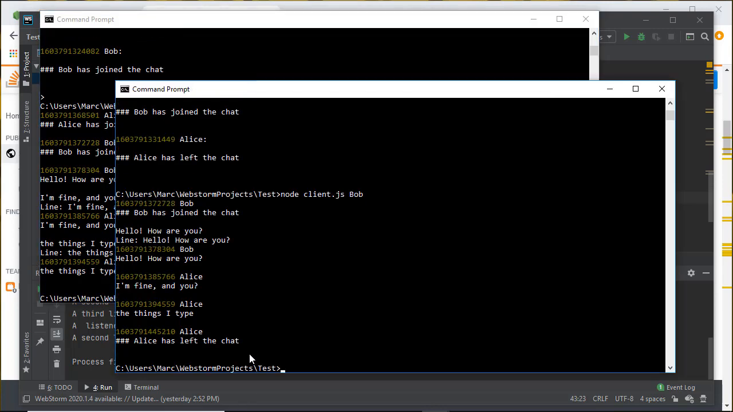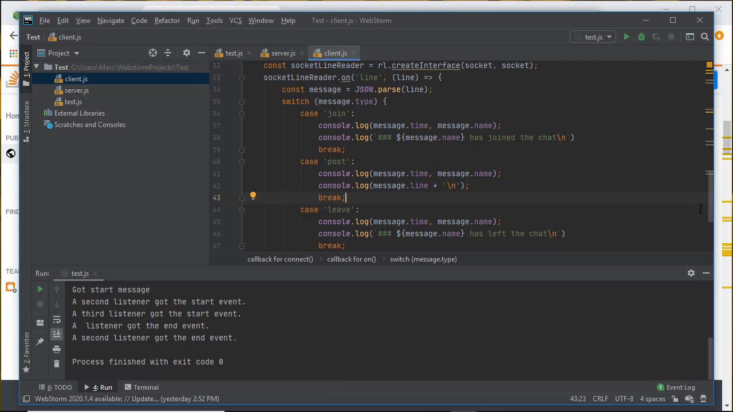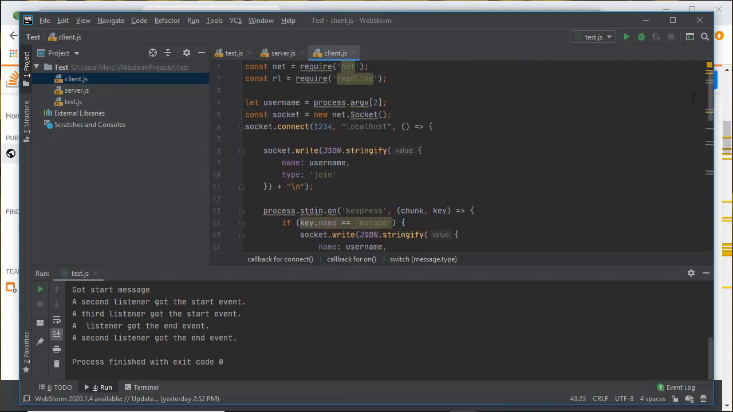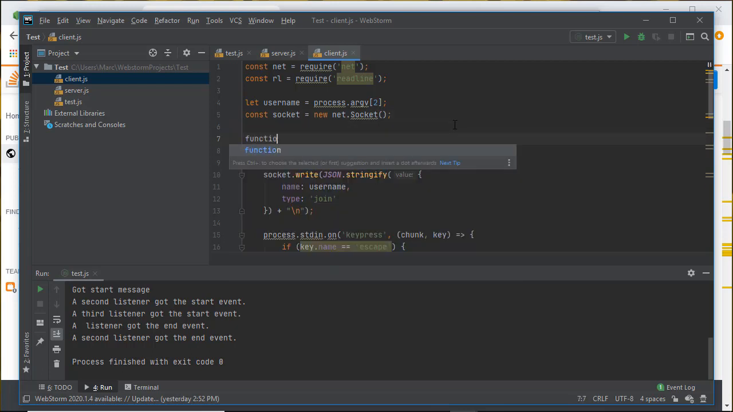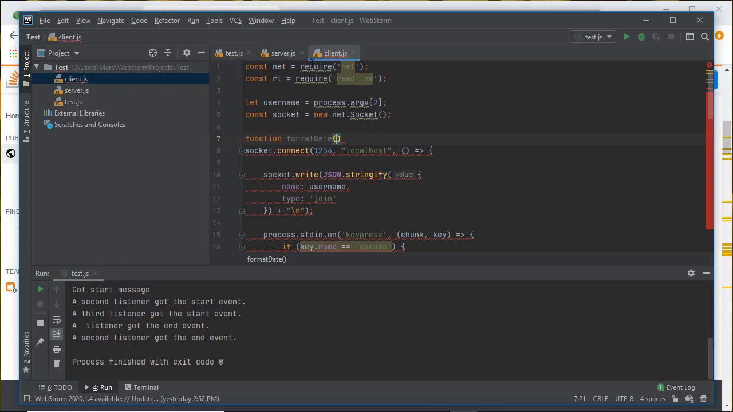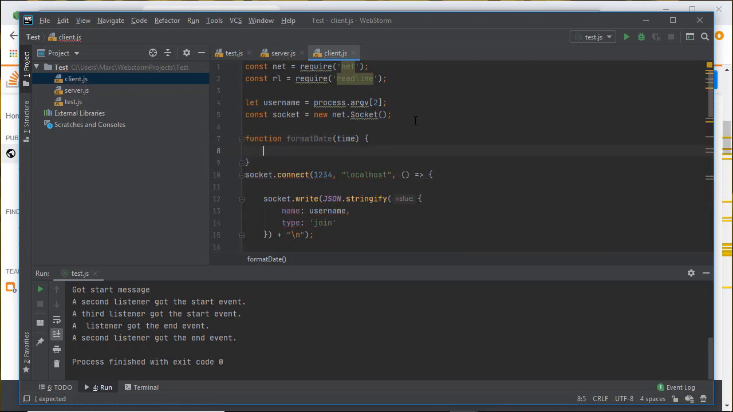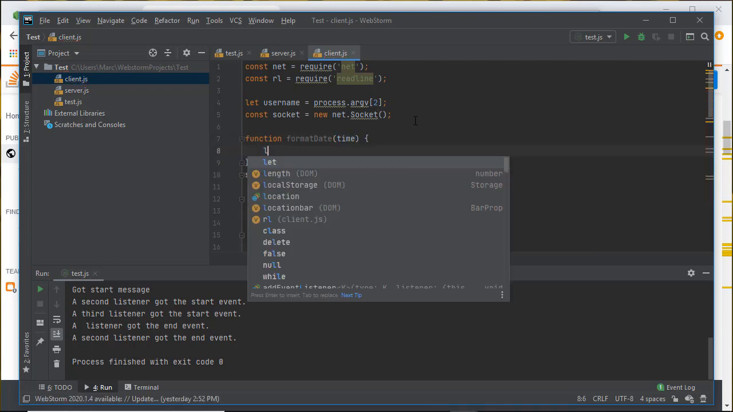So let me go ahead and exit both of these. And then to format the date, I'm going to create a helper function called format date. And in the real system, these will be methods on a class. So I'm going to wrap both the server code and the client code into a class. So that's going to take a time argument. And I'm going to const